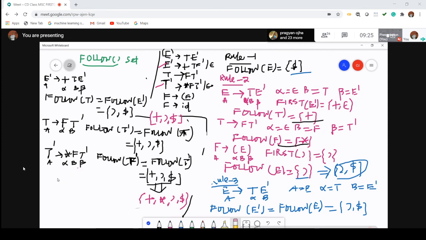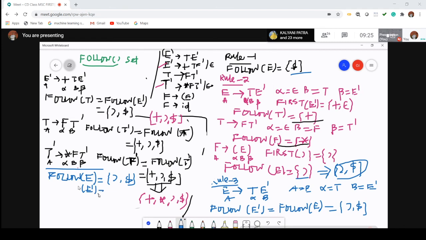Now these are the follow sets of the given grammar. So we can check what the values are. Let us write all those follow sets in a single place, then there should not be any confusion. So follow of E. Which value do we get in follow of E? Follow of E equal to dollar and a right parenthesis. So I can write it like this: right parenthesis and a dollar. Completed.